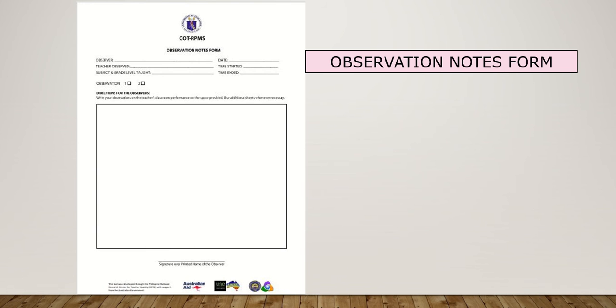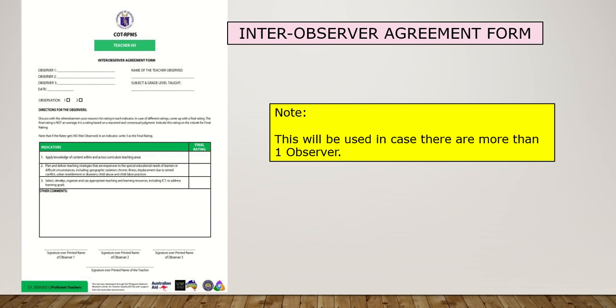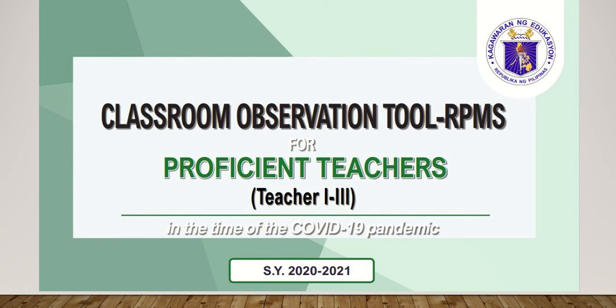This will be used by the rater. Next, we have the inter-observer agreement form. This will only be used in case there is more than one observer. Okay, let's proceed now to the classroom observation tool RPMS for the proficient teachers, and that is from Teacher 1